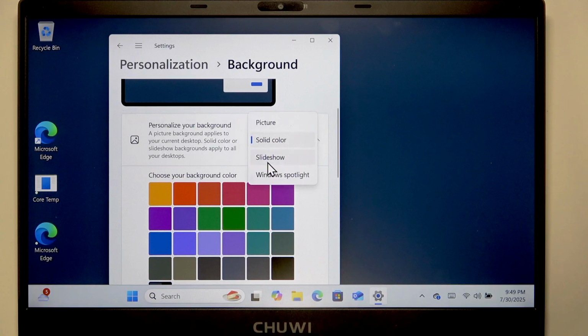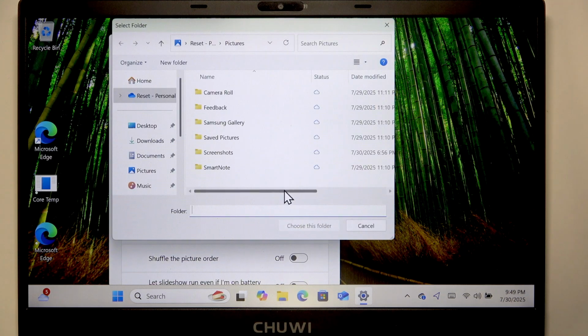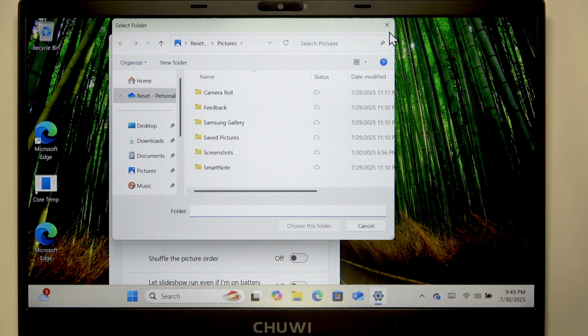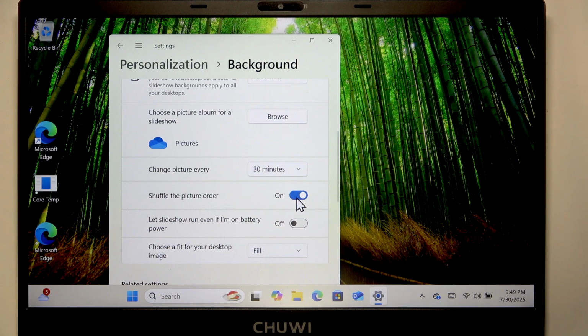The third option is slideshow, and in order to put a slideshow on your background you have to select a picture folder by clicking browse and then selecting one folder from which you want to take pictures for your slideshow. You can also change the frequency of the images changing by expanding this list and selecting the value that fits you the most. You can shuffle the picture order in your folder by switching this toggle to the right, and